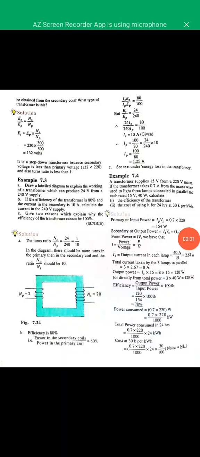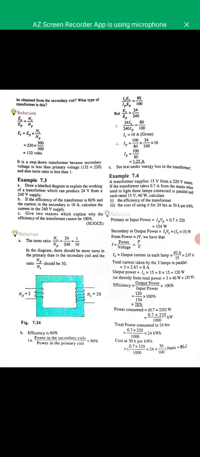Okay, now the second question. So we've already explained the first one. The second one: if the efficiency of the transformer is 80% and the current in the secondary is 10 amps, calculate the current in the 240 volts supply. Don't forget the formula for efficiency: power output over power input